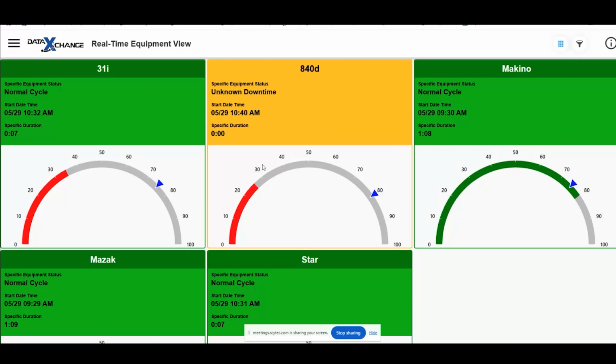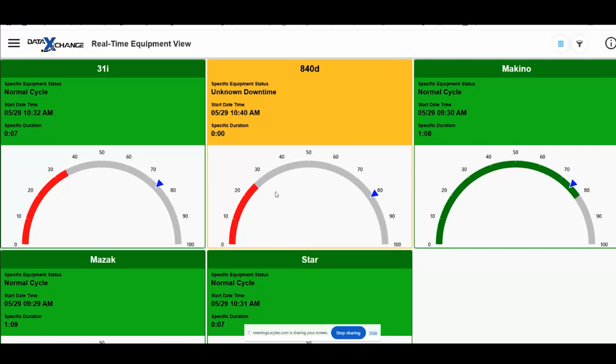Now, underneath, you can see these little gauges here. What these are is the utilization gauge, and this little blue triangle that you see right here is where we wanted to set our machine utilization for 75%. So if you're familiar with OEE, with availability and all that kind of stuff, we wanted to make sure that our machine was cutting for 75% of the available time. And as of right now, it's really only been about 35. So we need to increase that machine utilization,